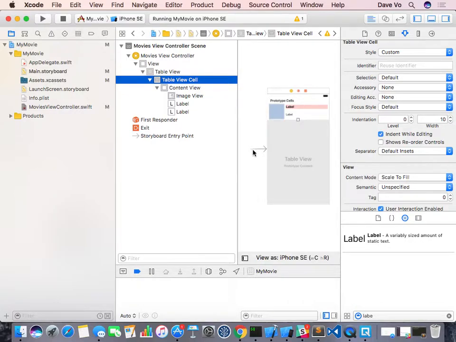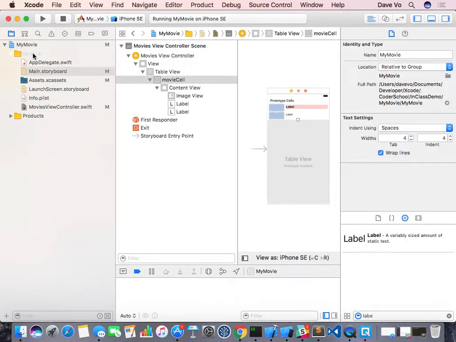So we need to create an identifier. We call that the reuse identifier. So I just call it movie cell now. Later we will use that identifier. So notice that one. Later I will use that. What else? We need to create a class for that cell. So how to create a class? So click on this one, you create a new